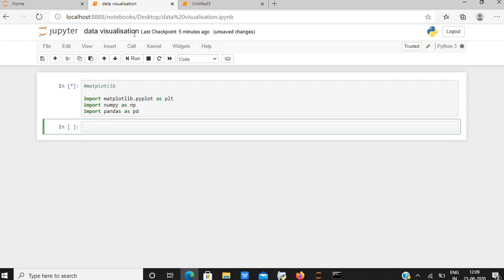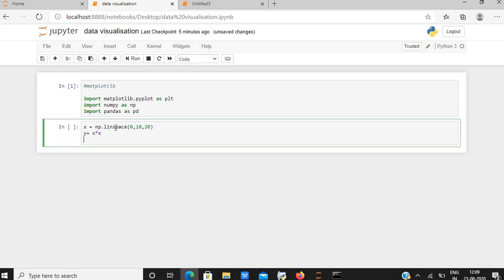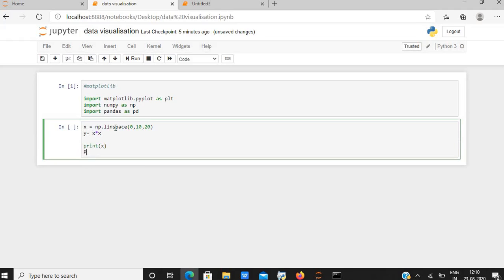Now let us work with an example. Suppose I have x, and I am calling linearly spaced values from 0 to 10, and I'll be calling 20 values. Also I have y, which is x into x. Let us print x and print y.